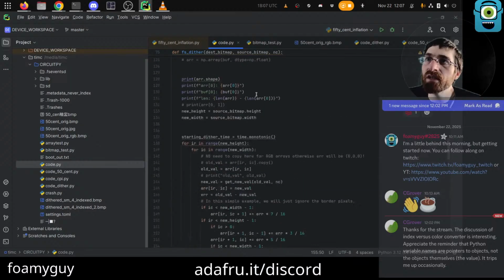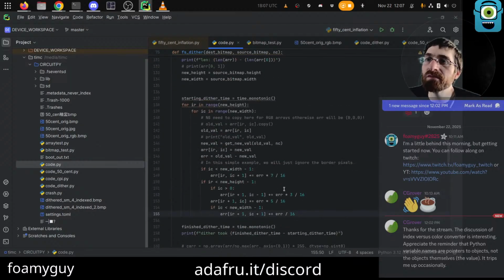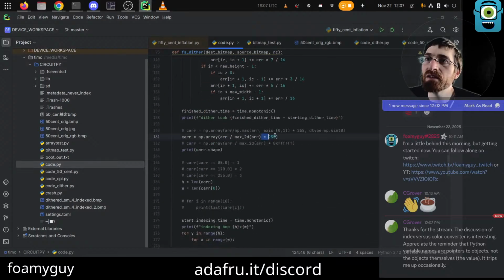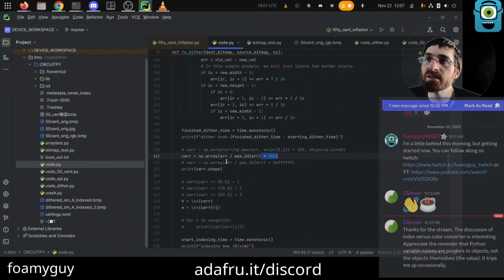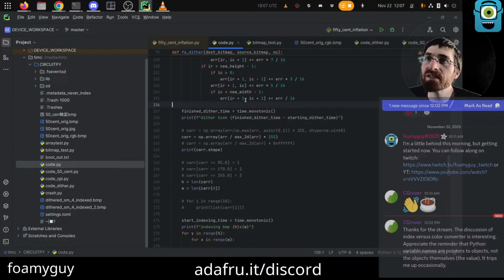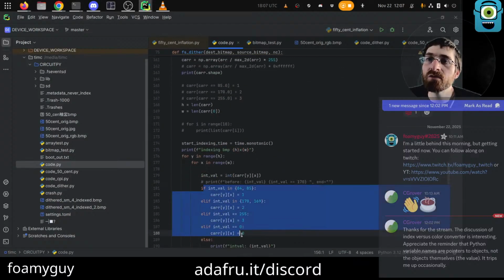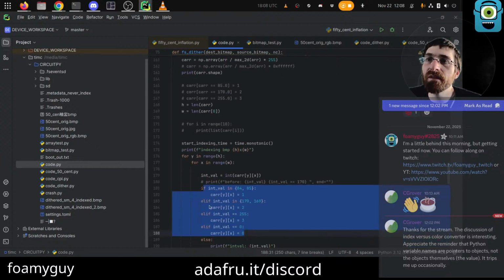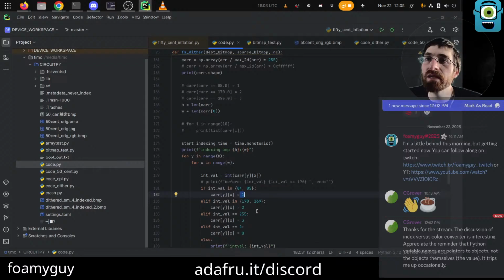But could we add some times 255s in here and then get rid of this and then also not have a need for this? And then also, as a last step here, after we've calculated everything, could we then just do this directly in here and then store the indexed